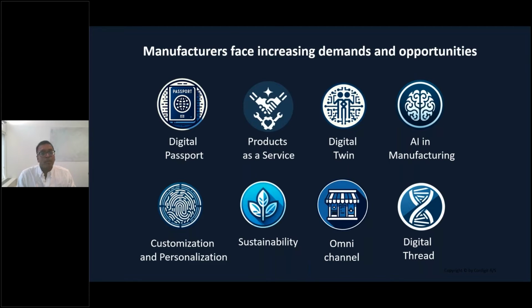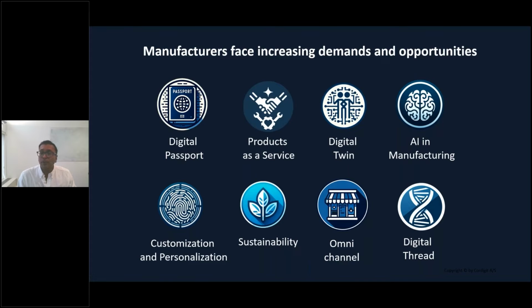And another topic is that customers are also seeing the advantages of leasing rather than owning products, such as products as a service, which is increasingly becoming a business model. This obviously shifts the burden and the cost of servicing and maintaining products from customers to manufacturers. But it's not just a picture of demands, there are also a great number of opportunities. New technologies are emerging to help manufacturers meet customer and regulatory demands, as well as provide new opportunities for productivity and new revenue streams.